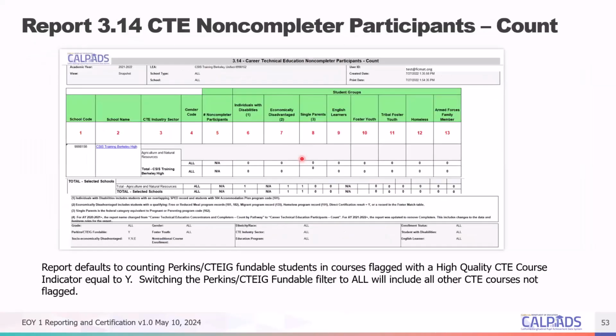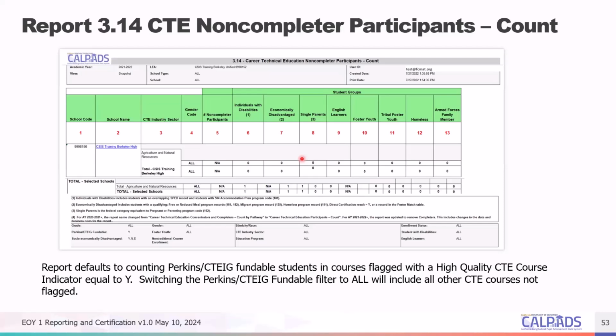All right, we also have report 3.14, CTE non-completer participants count. This report reflects all of your students who completed a CTE class, regardless of whether the student is in a pathway or not.